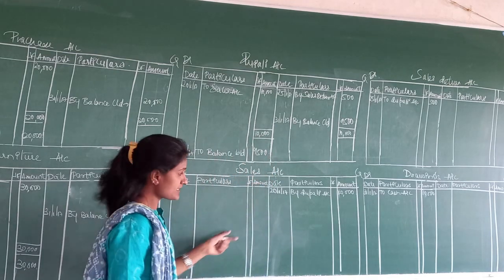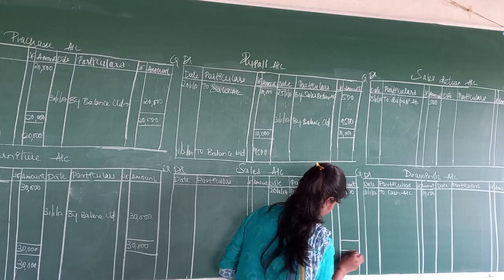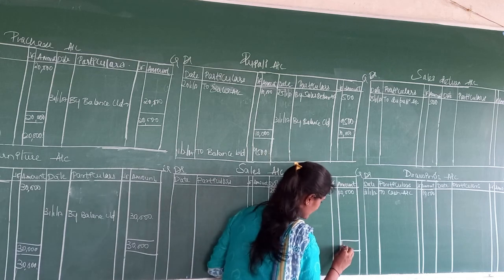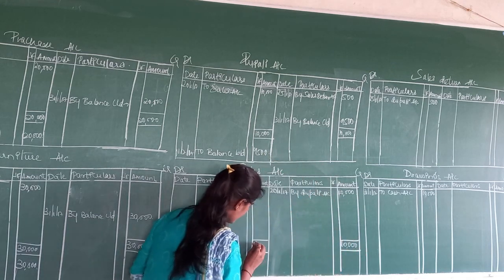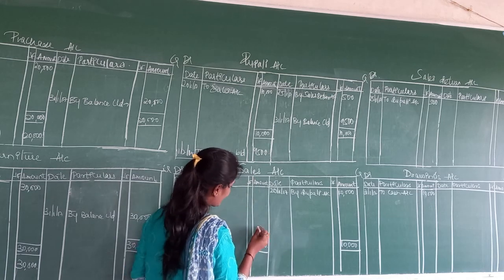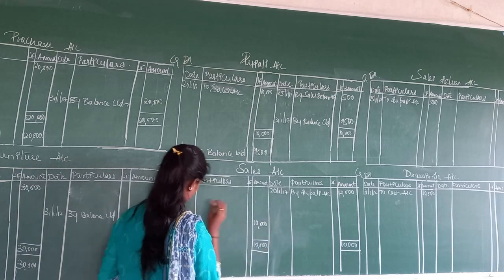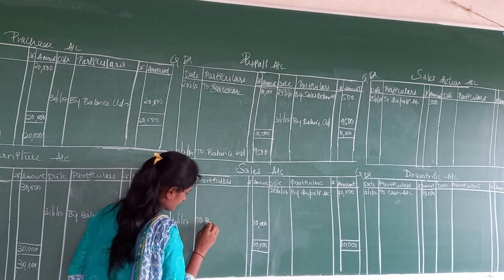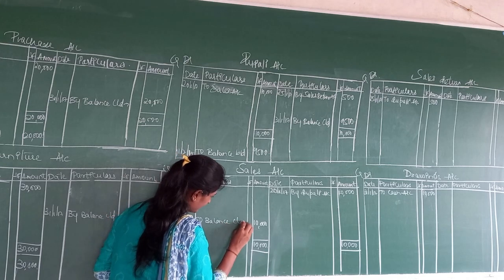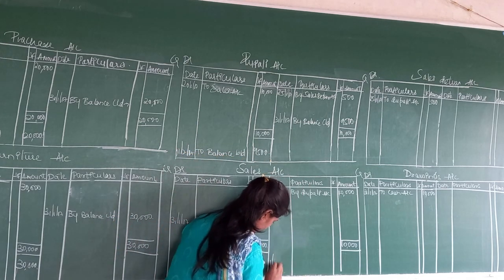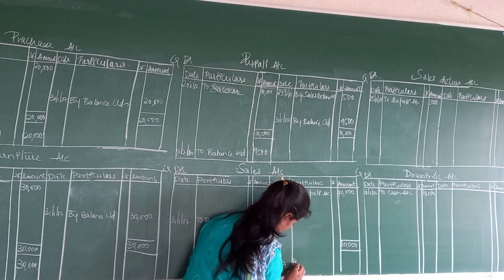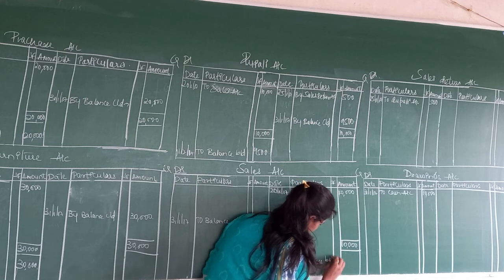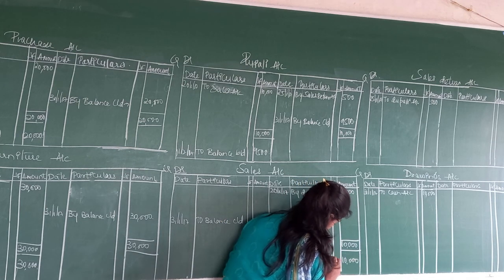Yes, next one is sales account. Yes, 10,000, here we don't have anything, so whichever amount is more, that we need to write in this line. So we don't have anything, the same full amount of 10,000 rupees. The date is 31st 1/2017, to balance carried down, and opposite of this we need to write below 1/2017, that is by balance brought down, full amount, that is 10,000.